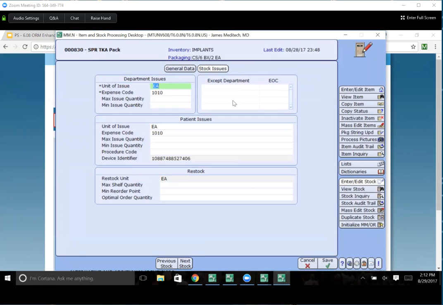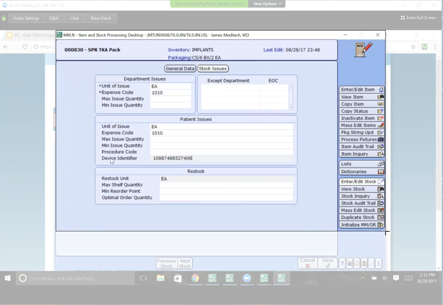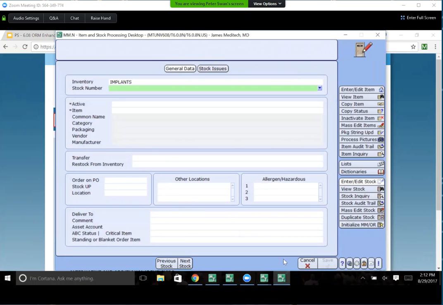All right, so if we go to the stock issue, again, we can see that the device identifier has now populated in this field for the item. Again, I apologize, the road is a little rocky to get here, but I promise you just enter the unique device identifier into the GTIN field. It'll create the new entry in the MIS dictionary, and then the device identifier will populate into this field as long as you have the manufacturer and that catalog number associated. And then if you initialize this item over to the OR side,